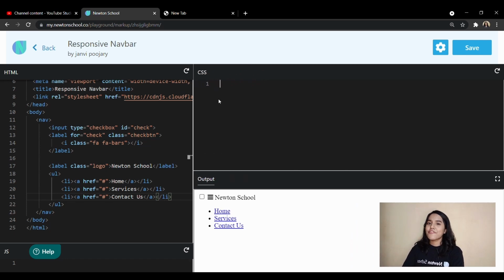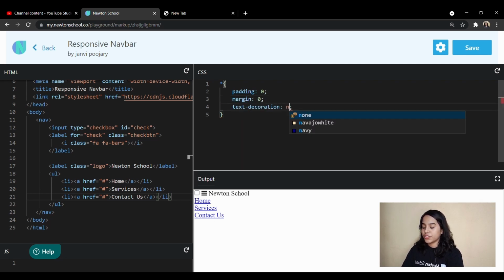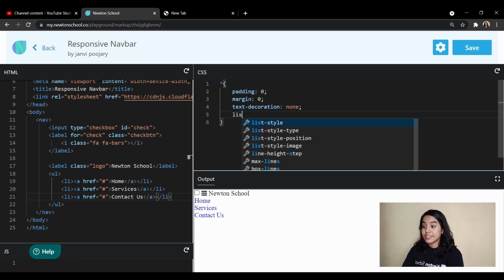Now it's time for doing a little CSS. So the very first thing that we need to do over here is write an asterisk. Now this asterisk is called the universal selector, right? Whatever you write inside this asterisk will be applied to your whole web page. Now let us put padding as 0, margin as 0, text decoration as none, list style as none.